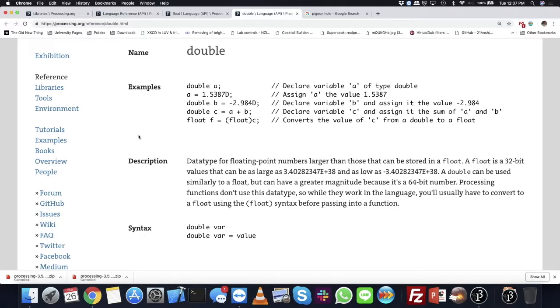So yeah, Java and Processing are very similar to C#. Again, I got kind of distracted on that, but